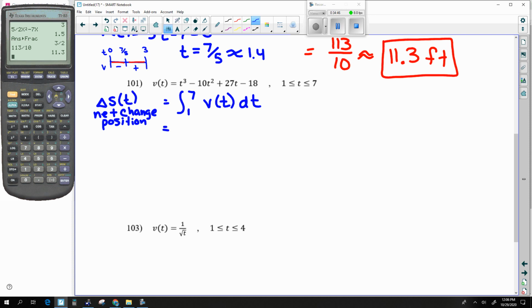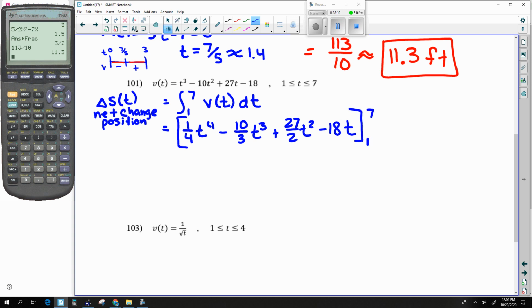And so looking up at the velocity, this is going to be 1/4 t to the 4th minus 10/3 t to the 3rd plus 27/2 t squared minus 18t. Ugh, gross. From 1 to 7. So at 7,